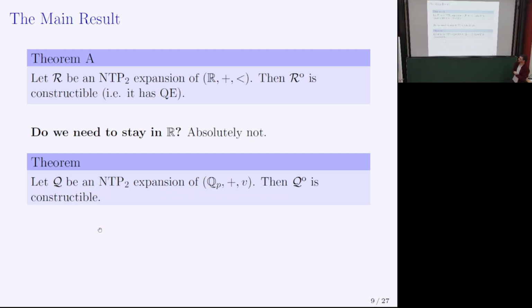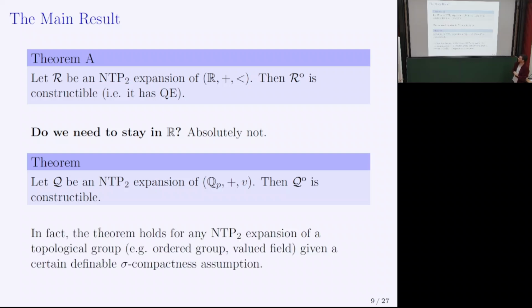And in general, what we do need is some form of compactness. So in fact, the theorem holds for any NTP2 expansion of a topological group, given a certain definable sigma-compactness assumption. So you need, sort of like in the reals, an increasing definable family of compact balls, in the p-adics too, and you need this sort of compact behavior. We'll talk about this more later. Okay, so I'm going to spend most of what's left of the talk talking about how you prove this,